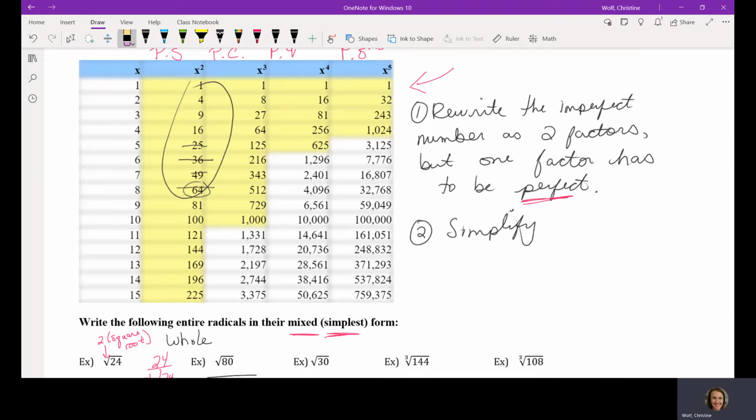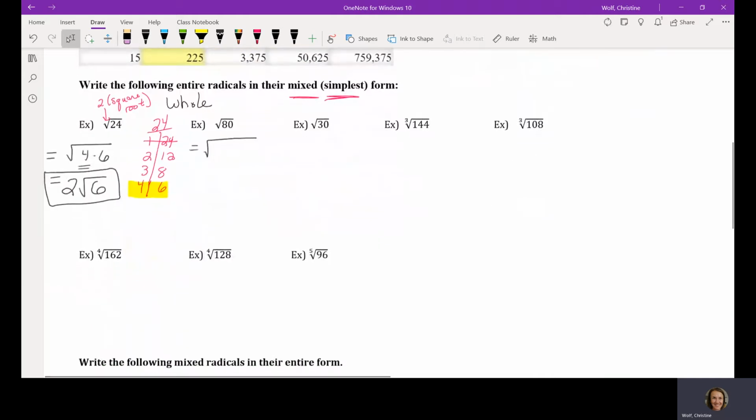So what we do is we go back. Okay, we go back down here and we rewrite 80 as